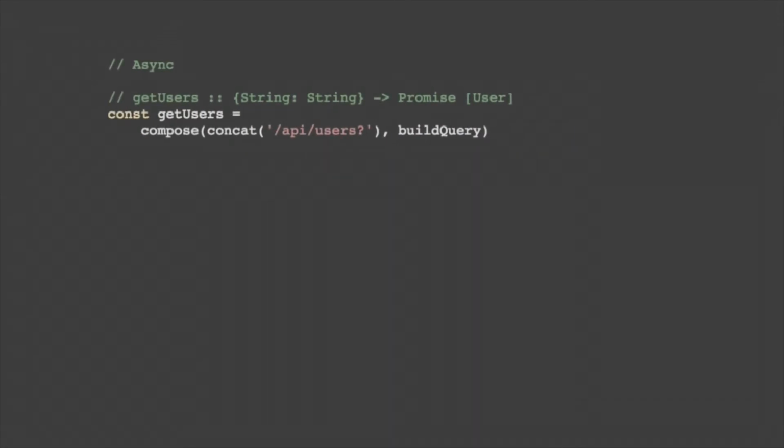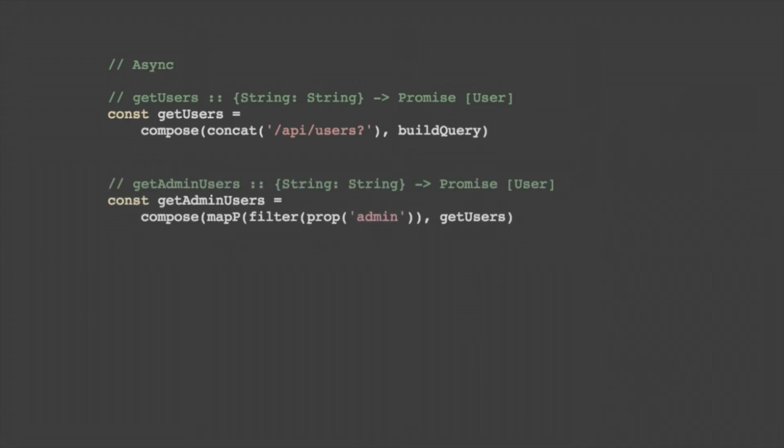Just to make things a little more fun, we can start applying all the things we've done all the way through and put them together. We can do our getUsers, which builds a query from a user URL and gets it into the API users, and I did not add getJSON to that, so that's going to be a real problem. There's supposed to be a getJSON at the end, otherwise none of this makes sense. I apologize. And then we can compose that, and then actually map that in. We can filter the ones that have the prop admin set to true, which will then get us a list of only the admin users.